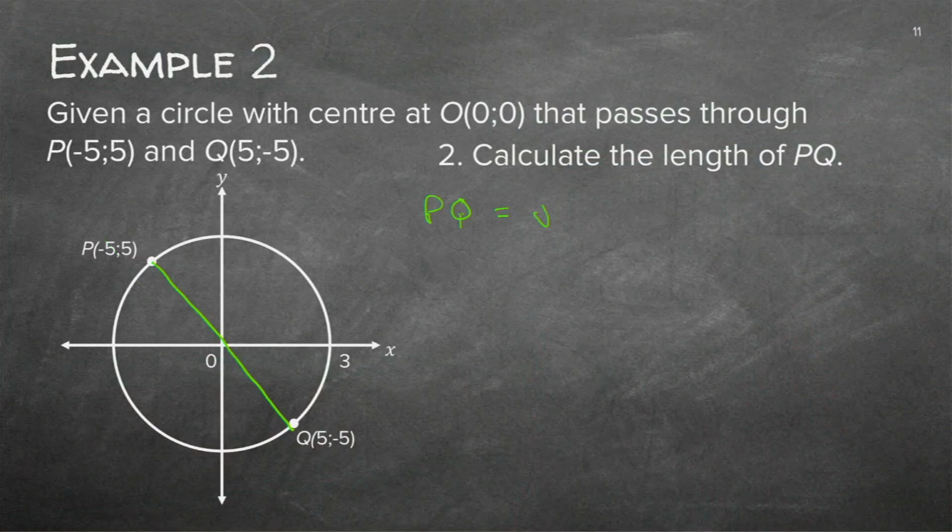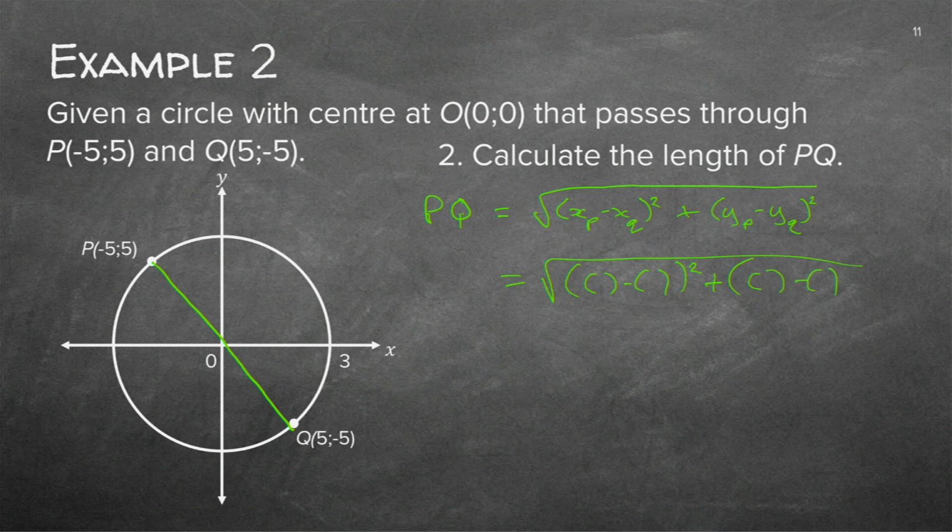is equal to the square root of, now look what I'm going to do. I'm going to do XP minus XQ squared plus YP minus YQ squared. Just to go back, long time ago, we learned to number our coordinates x1, y1, x2, y2. If you've got letters on the points that you are using, rather just use the letters. Then you can go straight away. So if you now do the substitution, empty brackets, square, plus empty brackets, square.